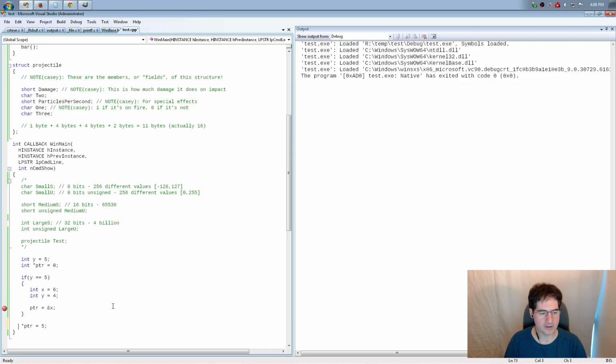But the star has another meaning when it appears as just a prefix. So when it isn't x times pointer, if it's just pointer, right? And I can even wrap it in parentheses to make sure that even if there was an x out here, it wasn't going to do anything. So I've got this thing. What that means is I'm talking about the thing that this points to.